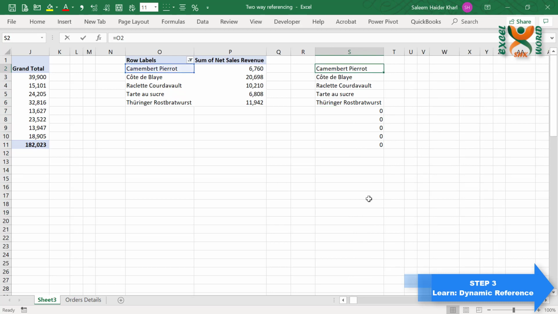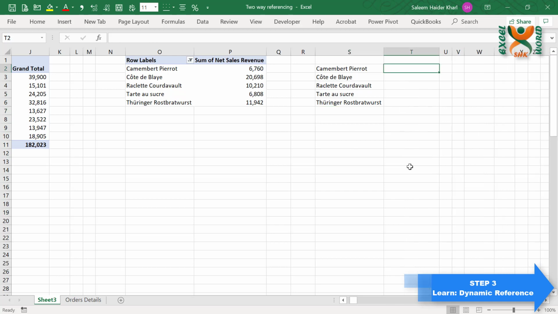What we can do is we can use an if formula. Go to the first cell, write if bracket. If O2 is a blank cell, then we should get a blank cell. Otherwise, we should get the product name and close the bracket. In this way, there will be no zeros in your data, but still, if there is any change in the number of products, if we are filtering it with respect to different years, then definitely we will have enough space where the new products can come in.